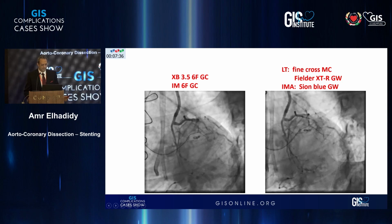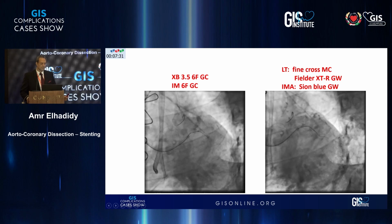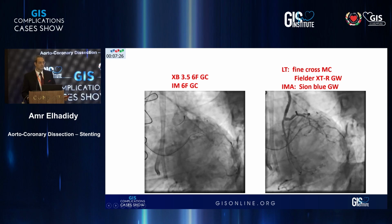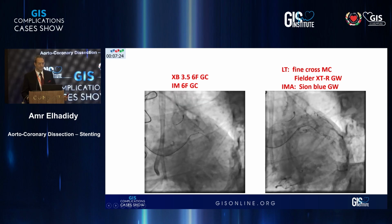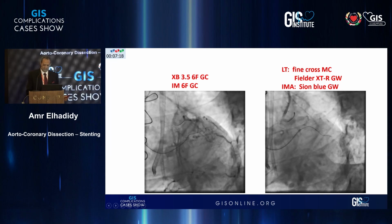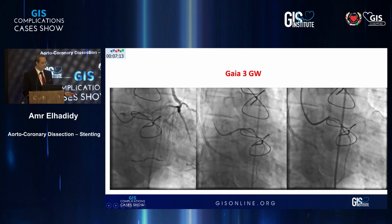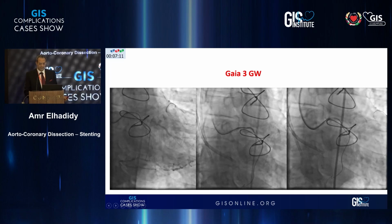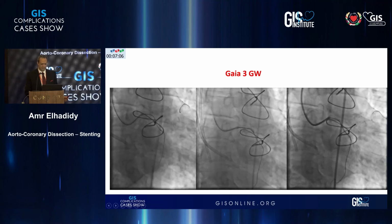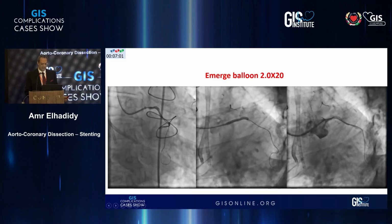This is the start of the case using XB 3.5 and LIMA 6 French guiding catheter, and the FineCross and Sion blue. First, definitely the microcatheter on one of the Sion blue, and then we go for Fielder XTR and try to connect, and then we change it to the Gaia 3, and we succeed to cross the CTO segment, and then it is okay. Now we are confirming that the distal wire is in the OM branch, and then we start a balloon